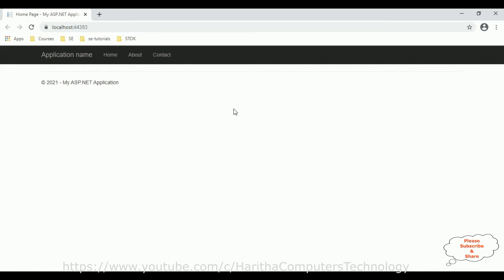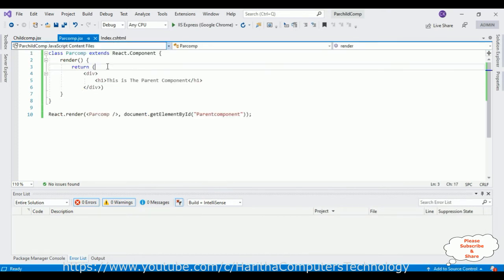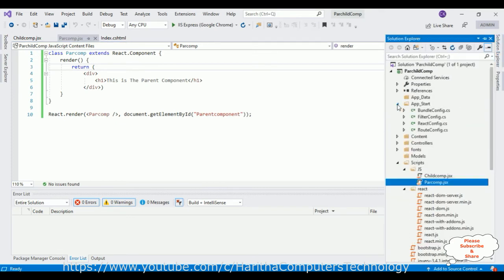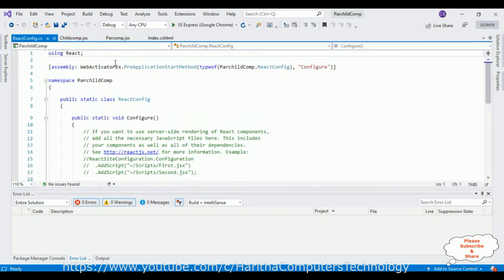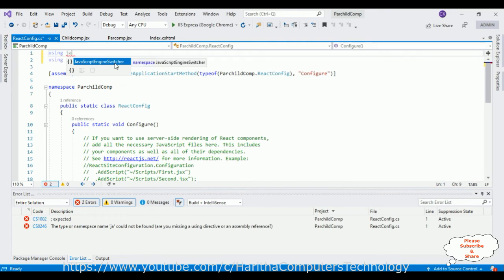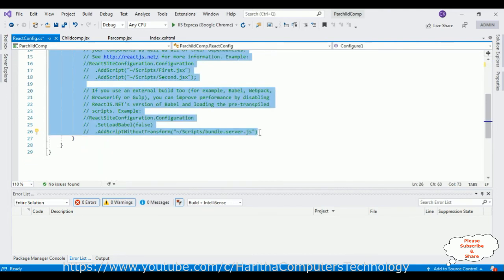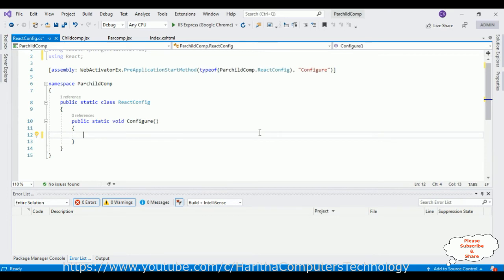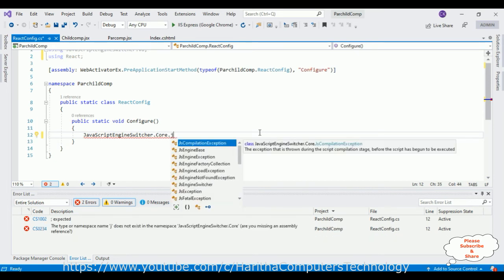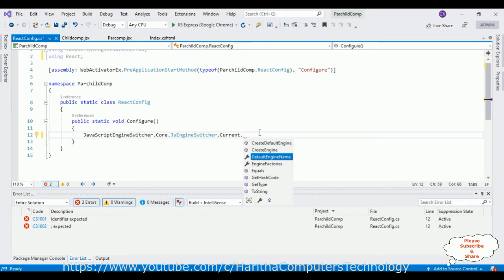Oops, here the parent component is not displaying. Let's check. Stop debugging. Oops, we forgot to configure our React JavaScript engine in our ReactConfig.cs file. Open that one. Here we need to configure our JavaScript engine V8 here using JavaScriptEngineSwitcher.V8. Now let's delete this default code which is commented. Here I'm adding the JavaScriptEngineSwitcher.Current.DefaultEngineName equals